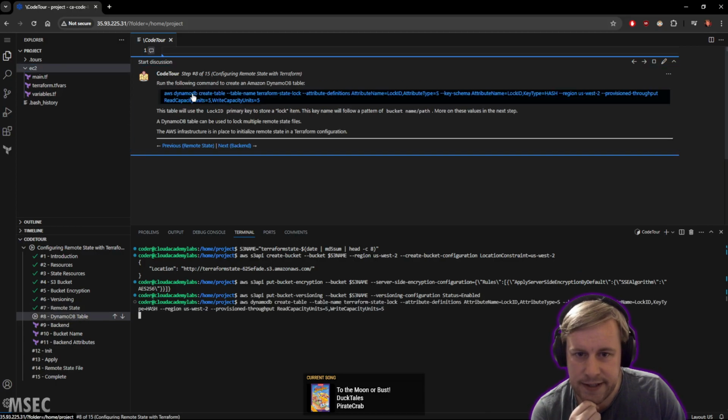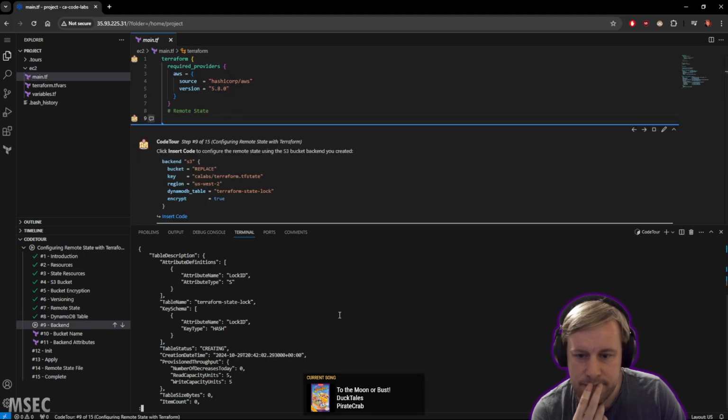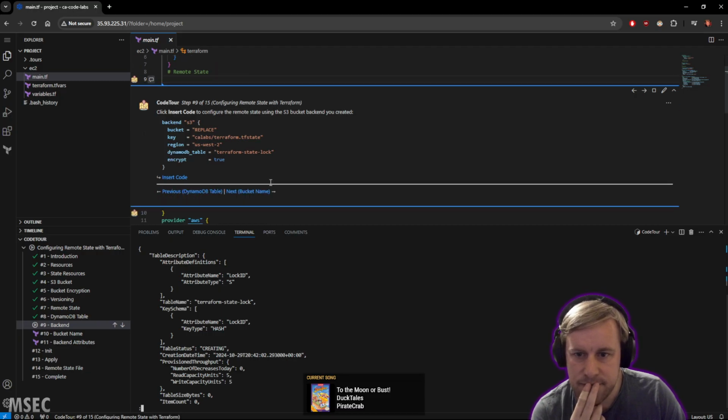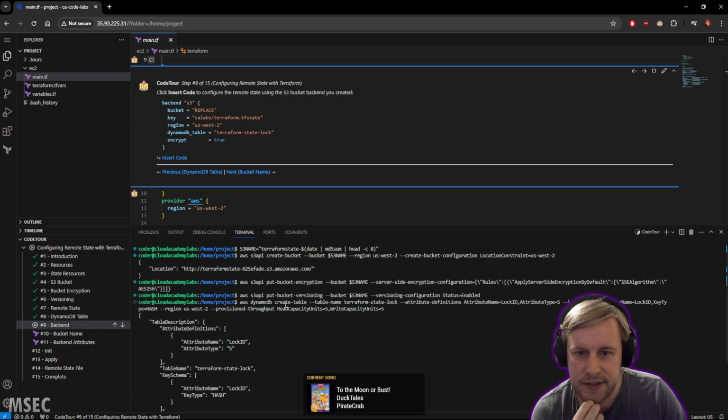So we'll create the table, which has a lock ID primary key to store the lock. The key name will follow a pattern of bucket name path. Then we have to insert the code using the S3 bucket that we created. So we need